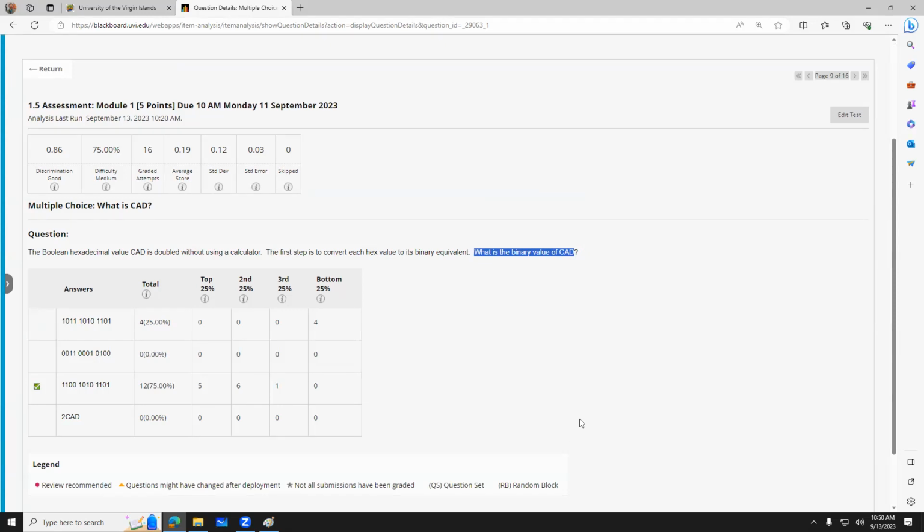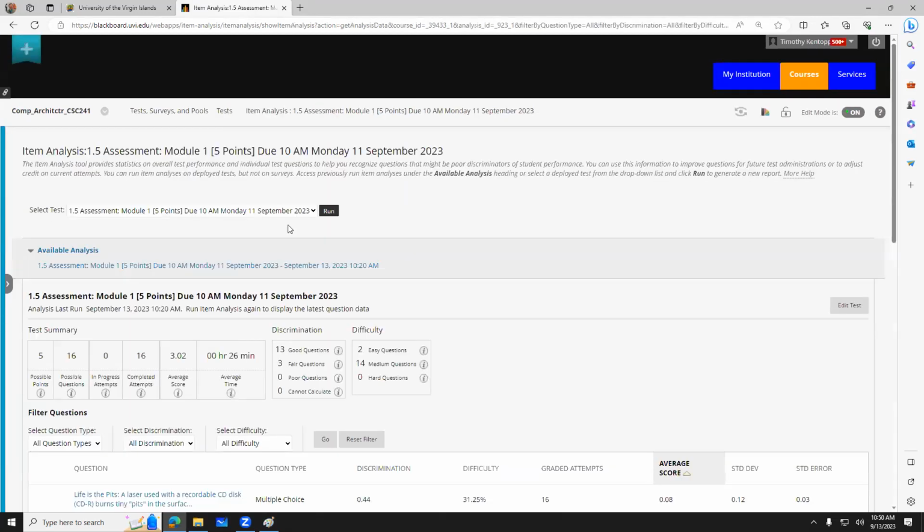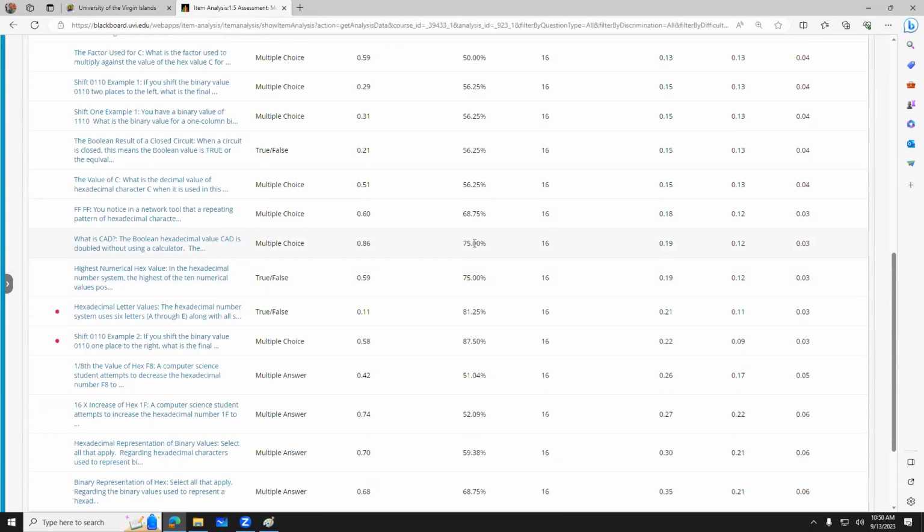That's all this question is asking you to do, is to go to the table with the hex and binary values and give the binary value for C, the binary value for A, and the binary value for D. That's all you got to do is look it up. C is 1100, A is 1010, and D is one more than C, so it's 1101. Okay. Everybody see that? All right, let's look at the multi-answer questions, and then we're done for the day, and